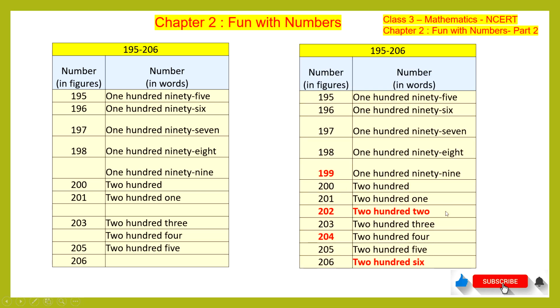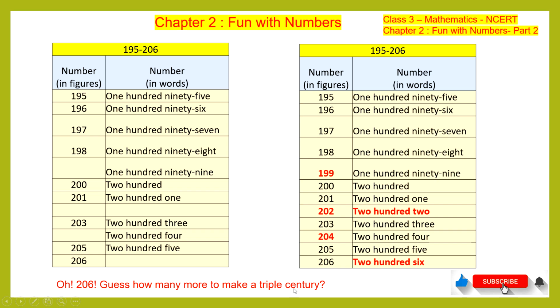So all the numbers which are highlighted in red, those were missing in the table on the left and the same are filled. So this is 199, it comes after 198, so 98 and 99. So it is counting in sequence, so we are not skipping any number. It is a sequence count starting from 195 going up till 206. The same is written over here. Then 202 was missing after 201, so we have written it in words as well, it was missing in words. So 204 comes after 203 and here it was 206, so the same is written in words.